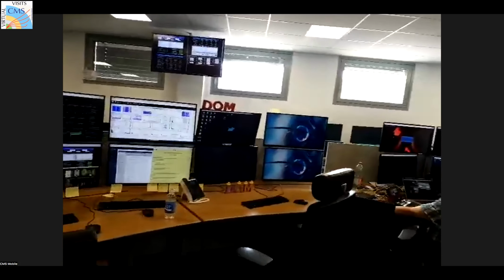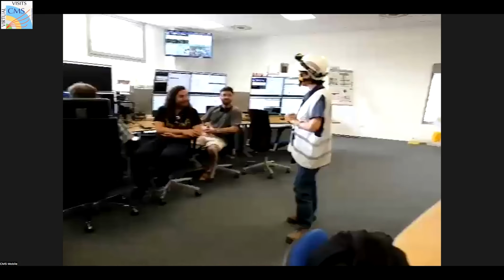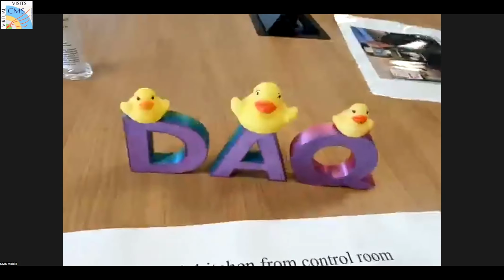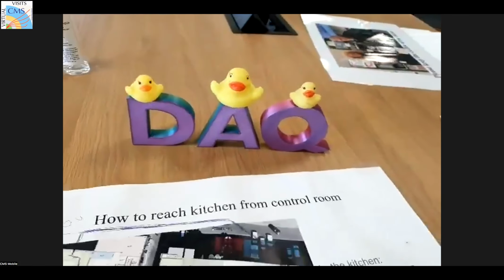Maybe I will just add, and then I will stop myself. I would like to add that, in my experience, not being a member of CMS, this is a very user-friendly control room. I like it a lot. I know there is a tradition, I don't know if it's still there, that the shift leader sometimes in the morning brings croissants to the whole crew. In AMS, you see, you just change a letter.